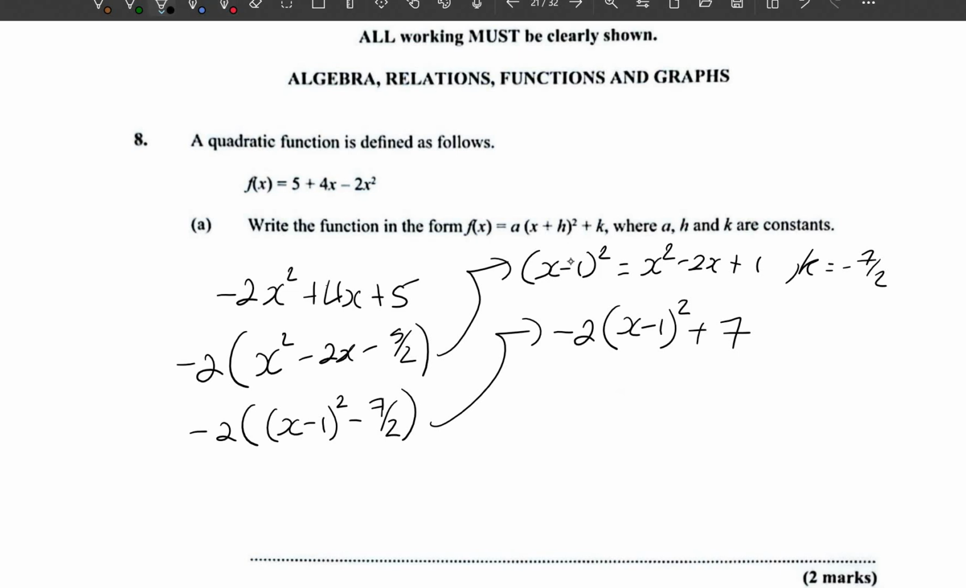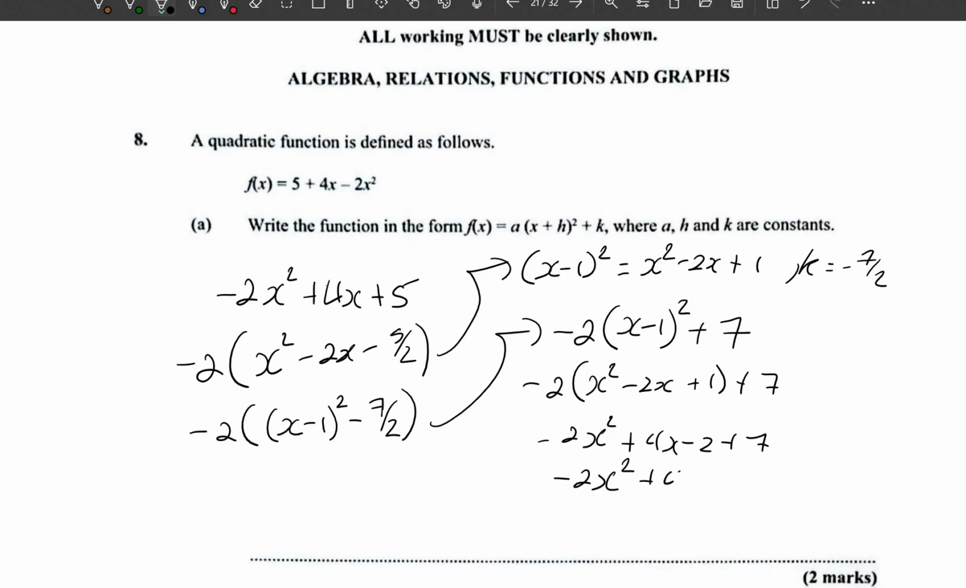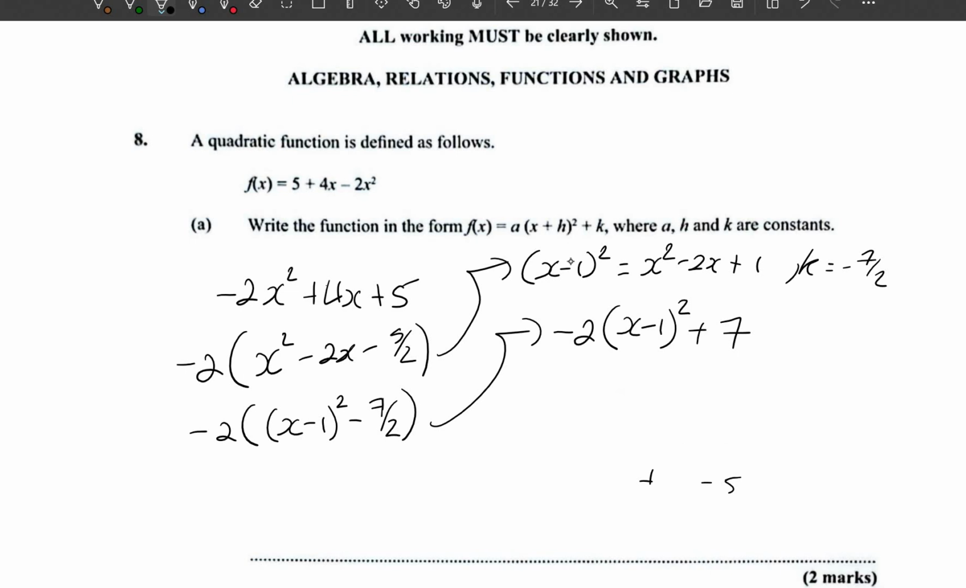We could expand the completed square to ensure we get back our original equation. So that's minus 2 into x squared minus 2x plus 1 plus 7. That's minus 2x squared plus 4x minus 2 plus 7. And when we resolve this, we get minus 2x squared plus 4x plus 5, which was indeed the equation that we started with. Right, so this is the completed square form. So moving right along,